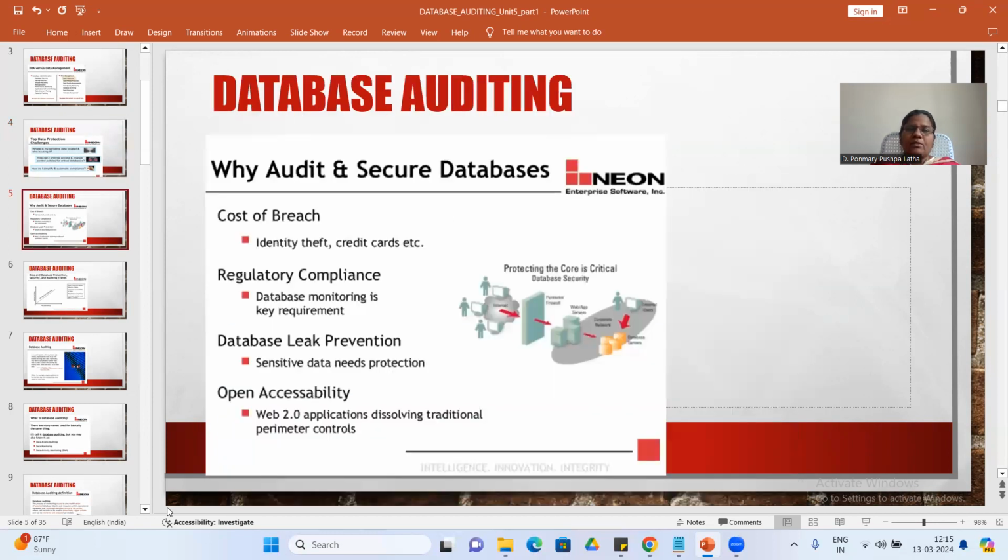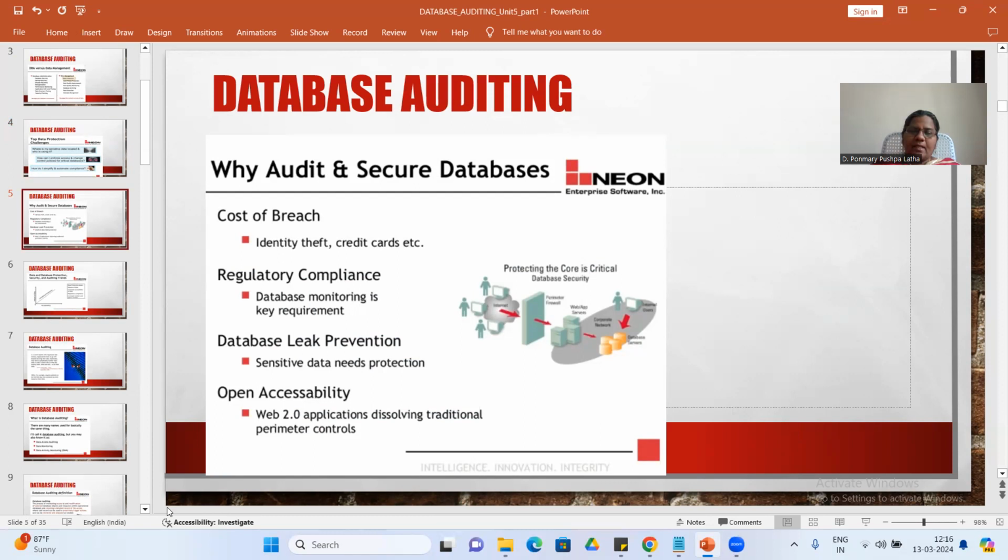So why audit secure databases? Number one, we are identifying theft, the cost of breach. And the second thing is standards. For maintaining the standard, database monitoring is important. Regulatory compliance is important.